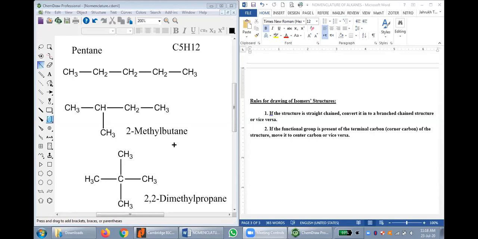See, so I hope you all understand this fact that you cannot draw a new branch on any of the corner carbons। Are we all on the same page? Yes, sir. Good, good। Okay, this means that you are now good with isomers।